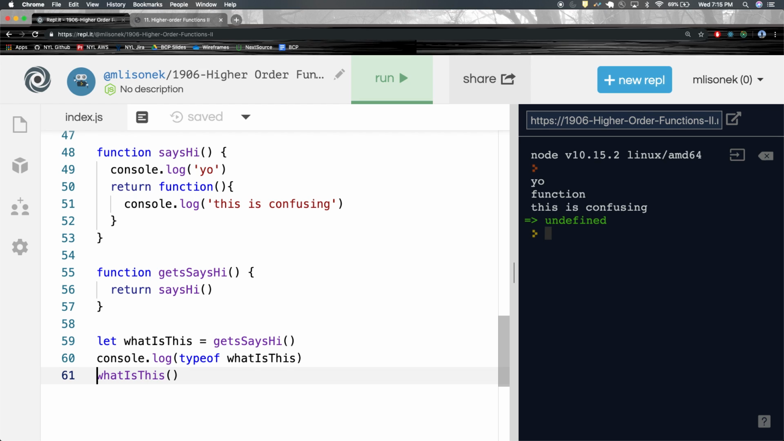Yeah. So why don't we just invoke get says hi, instead of giving it a variable and then invoking the variable? I think I don't understand the question. What is this equals get says hi invoked, right? Yeah. So why don't you just invoke get says hi instead of giving it a variable and then invoking the variable? Because if you just invoke get says hi, so what is this no longer exists? Get says hi just returns this thing being invoked, right? The return value